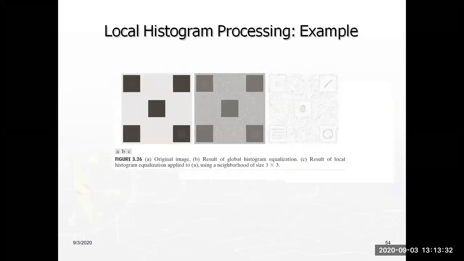So in that, using this local histogram process, again we have to observe what the differences are, how the local histogram is applied to the image. So here there are three images, image A, image B, image C. Image A is my original image and image B is the result of global histogram equalization. That means normal histogram equalization. What is C? C is the result of local histogram equalization. What is the difference? This is the normal equalization process and this is the local histogram process.